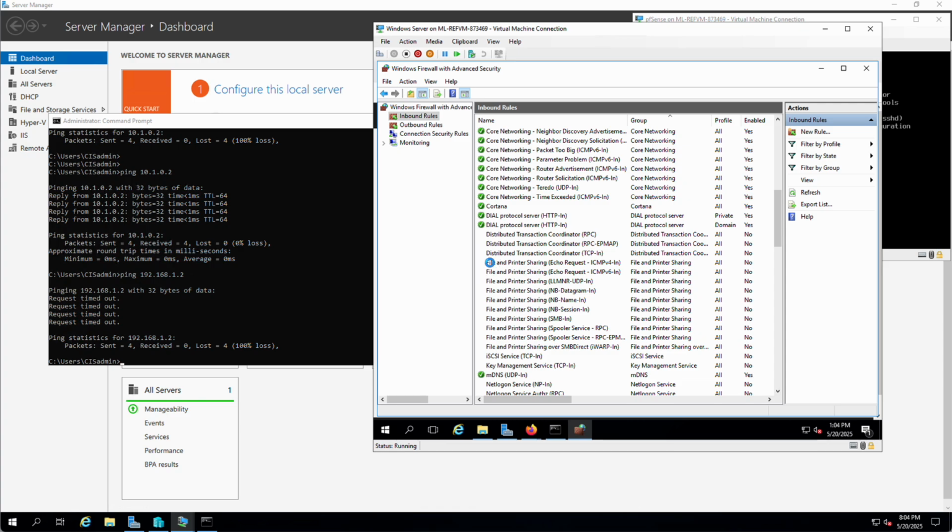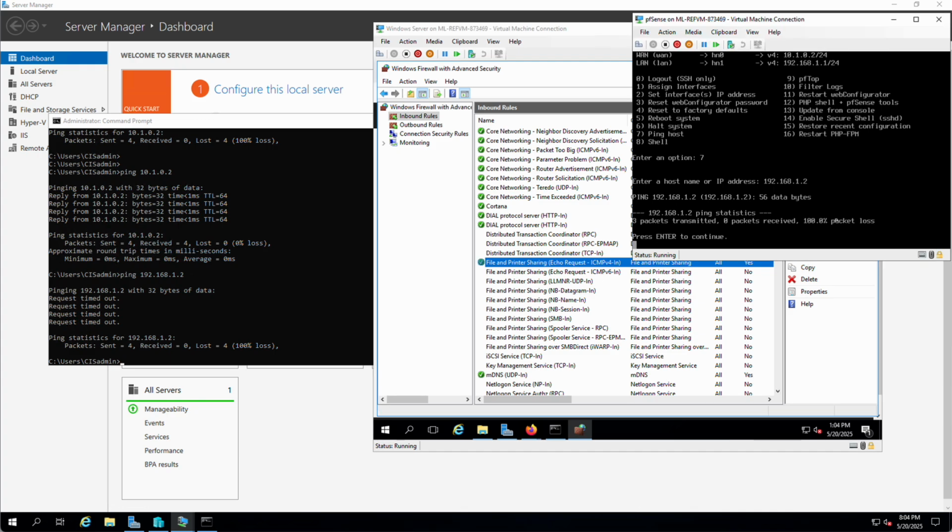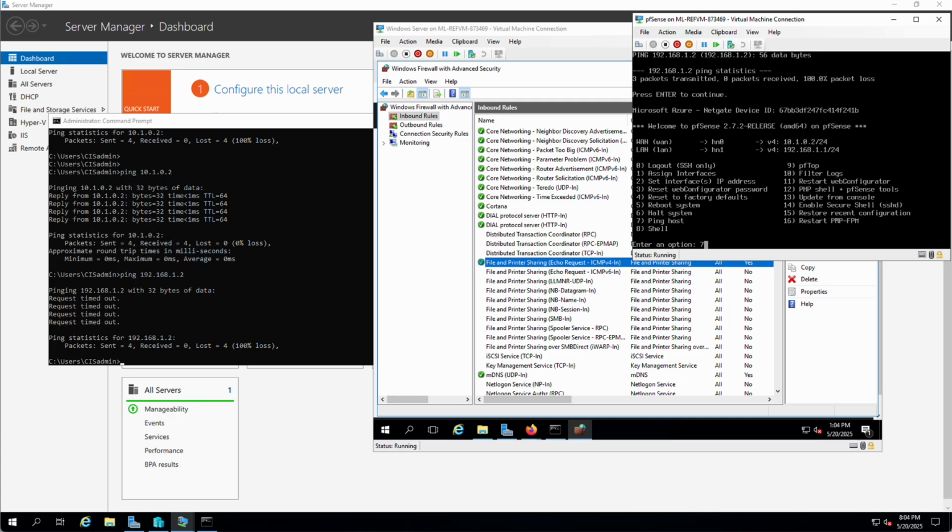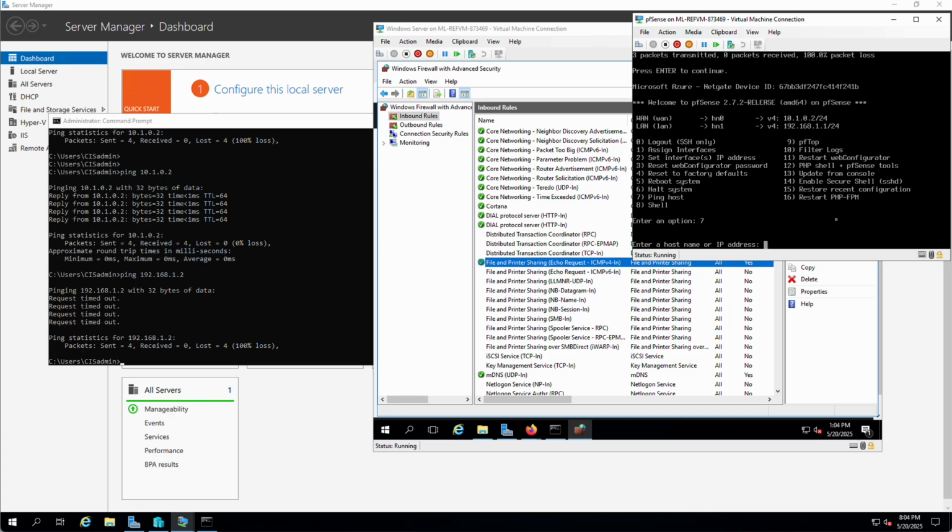And this is the one I want: an echo request ICMPv4 in. If I enable this rule, it means allow that type of traffic. Now if I go back here, I can hit number 7. This is very long,